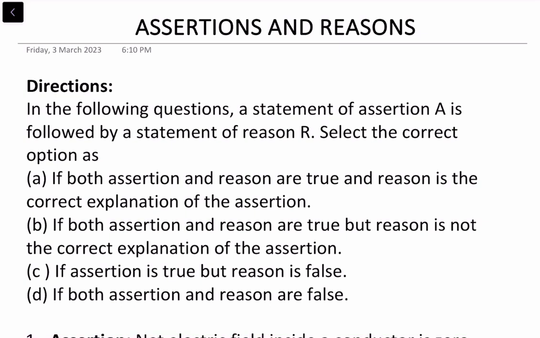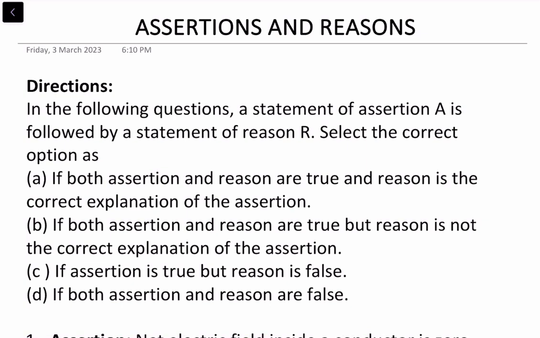In the following questions, a statement of assertion A is followed by a statement of reason R. Select the correct option as. That means there are two statements, first statement and the second statement. When you have to choose option A, listen carefully. If both the assertion and reason are true and the reason is the correct explanation of the assertion, means both statements are correct and the second statement is the correct explanation of the first statement, then you should select the